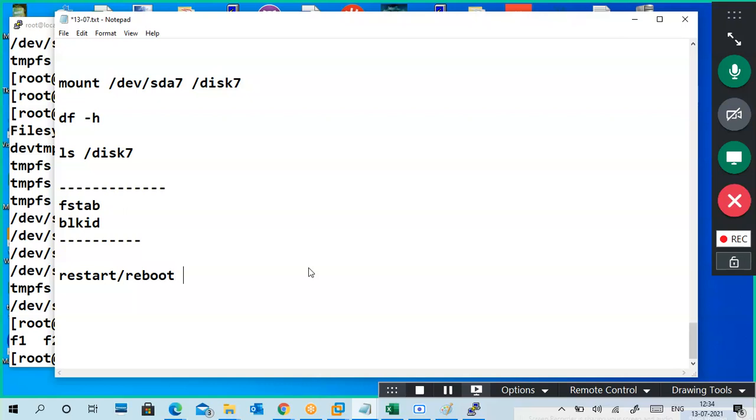In Linux, reboot is a command to restart your PC. So when you reboot your PC, or maybe you shut down your PC, next time you start your PC, the mount is removed automatically.